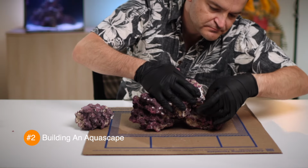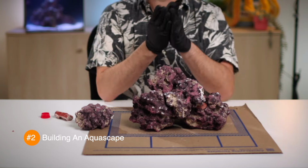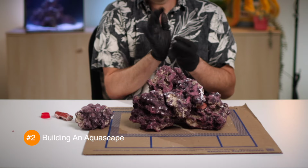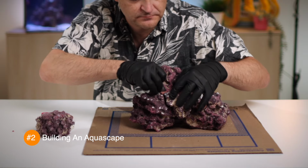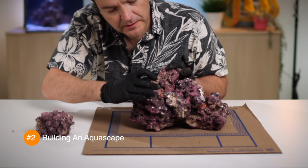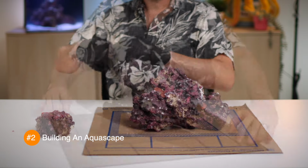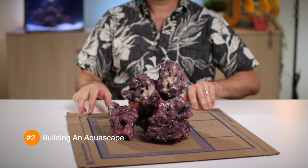Epoxy is not sticky, so it won't really stick to your rock super well. Rather, once hardened, it's meant to create a solid, flexible, cement-like structure between the 2 rocks. Continue with new pieces of epoxy until you've secured all the pieces together. Epoxy takes 24 hours to fully cure, and I wouldn't attempt to move your aquascape for at least a few hours. When it's ready to move, you will need to support it from the bottom, because remember, the pieces aren't